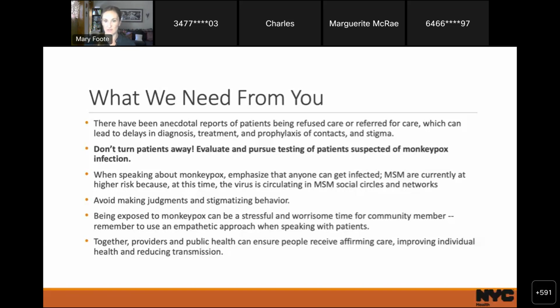But there is certainly the potential for others to get infected based on exposure risk. So please, of course, avoid making judgments and stigmatizing behavior, be compassionate,